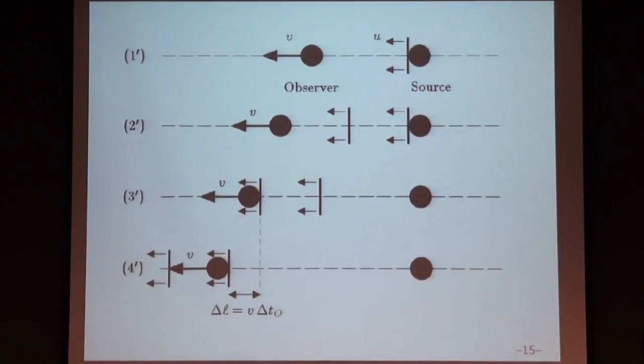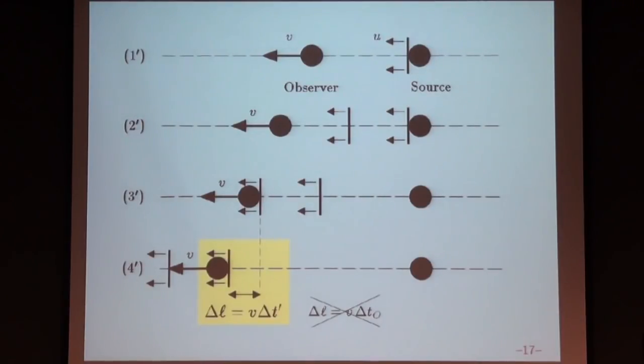Source is stationary, so delta t sub s is just an honest time as we would measure it. But times as measured by the observer, delta t sub o, are going to be different. So to correct the calculation for relativity, that's the crucial box, as it was even in the non-relativistic case. And we're going to have to change that equation by replacing delta L. Instead of v times delta t sub 0 it is v times delta t prime. Now, delta t prime is not exactly delta t sub 0 or gamma times delta t sub 0.